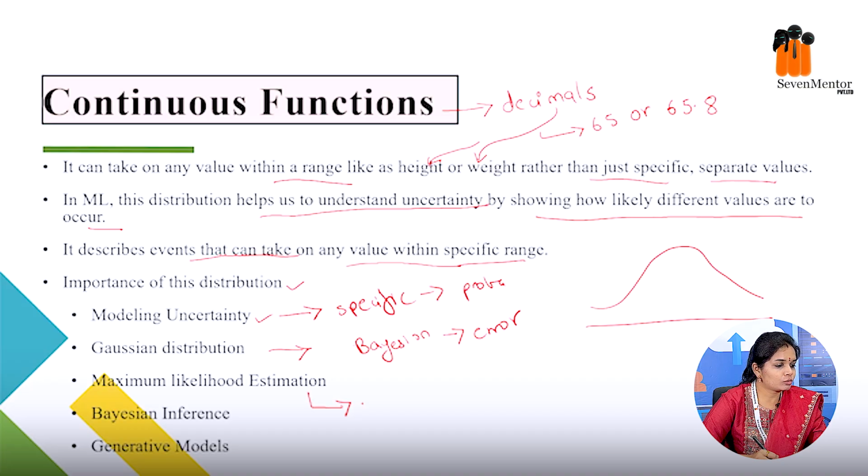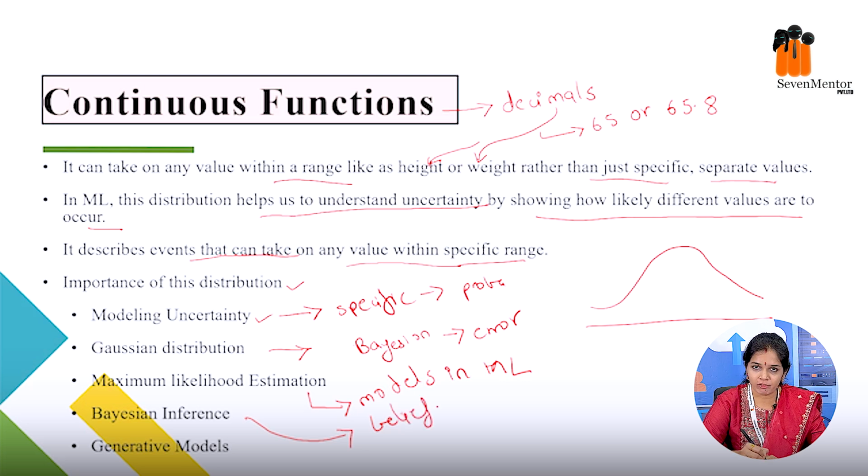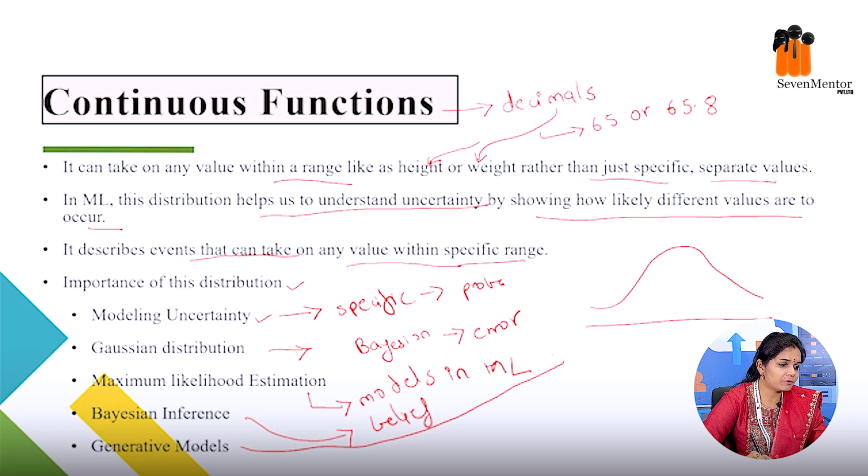So it will be dealing with different models in ML. Bayesian inference will be telling us whether the beliefs we have made about the parameters that we are going to deal with are correct. It is also helpful in generative models, like